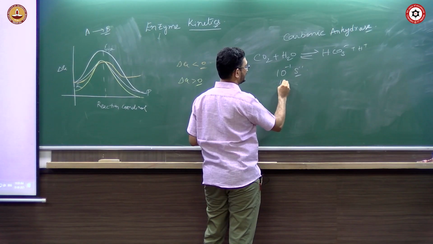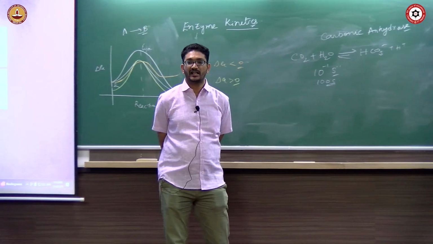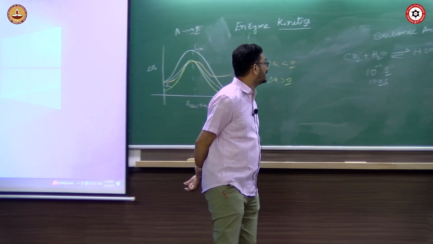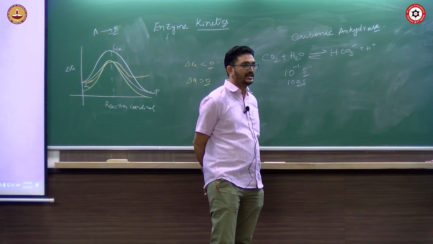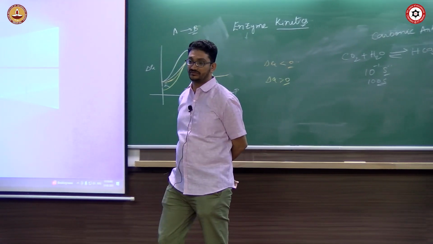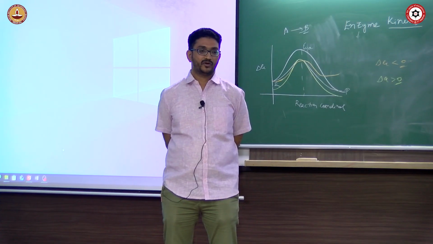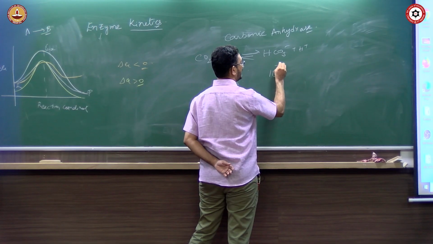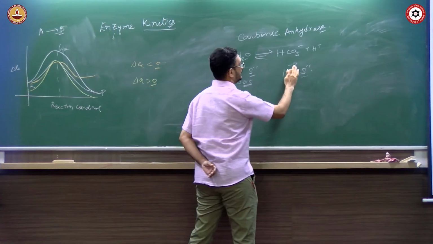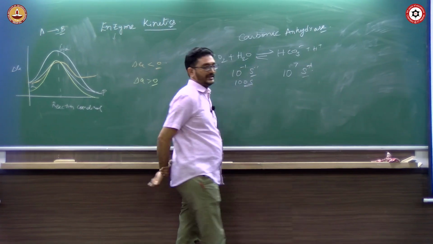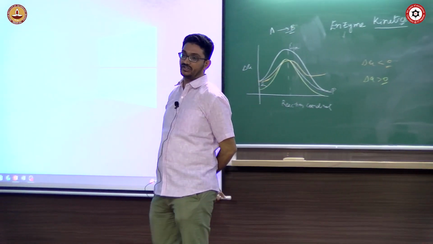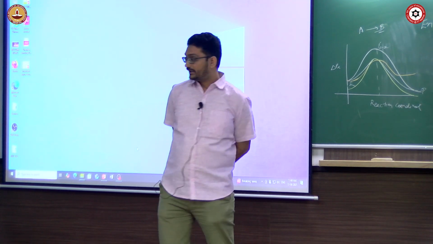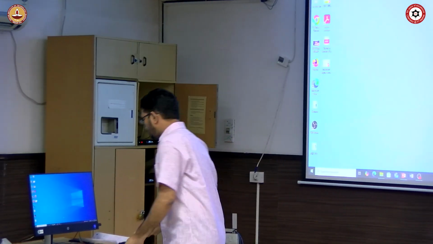No, it takes 100 seconds. It takes 100 seconds, right? 10 power minus 1 per second. So 10 power minus 1 molecules are converted into this, right? So it takes 100 seconds to convert this one. So it's a very slow reaction compared to what happens in our body. So in our body, carbonic anhydrase increases the rate of the reaction to 10 power 7 per second. It enhances it around 10 power 8 times, close to 10 power 8 to 10 power 7 times, depending on what you are dealing with. Now let us look at quickly the conversion of this.